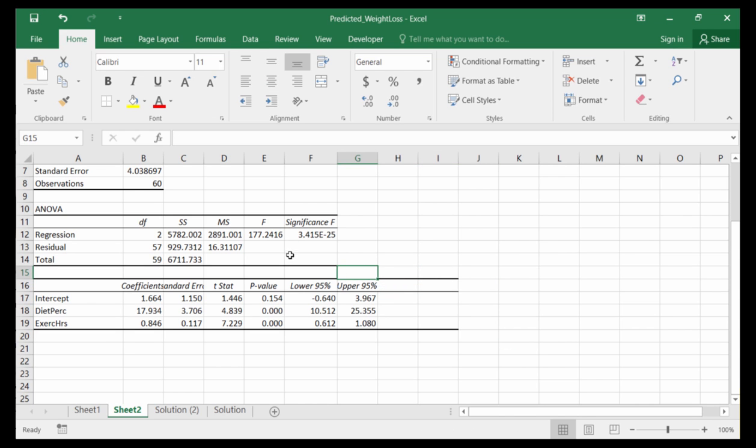So how do we interpret this data? Well, these are statistically significant. So what this means is these coefficients mean that in terms of using an equation, we would predict weight loss as this. Y, being weight loss, equals the intercept, which is 1.66, plus the diet percent coefficient, which is 17.9, times whatever their diet percentage is,